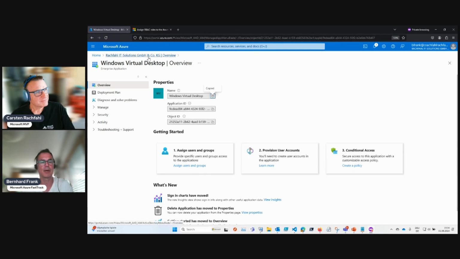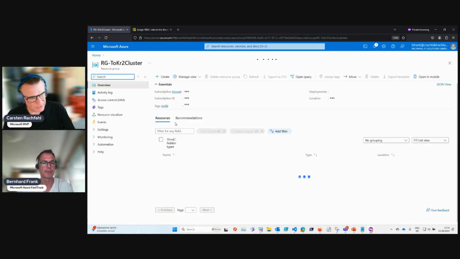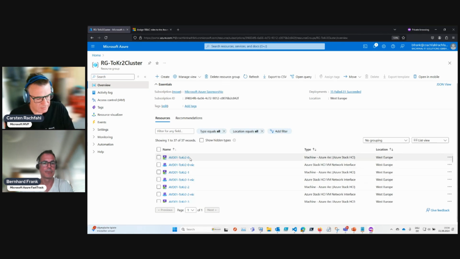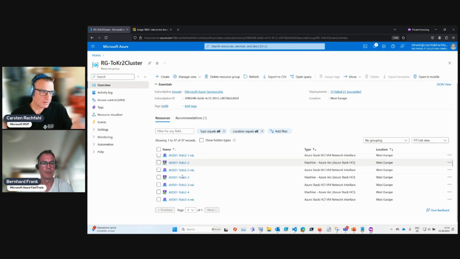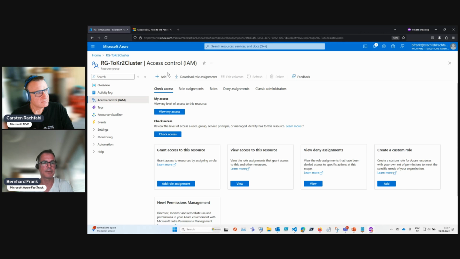Now I need to go back to my resource group where the desktops are in. I think you have placed it where the cluster is. Maybe we should have done a separate resource group, but we didn't. So all of them are here. Let's go there and add the role assignment